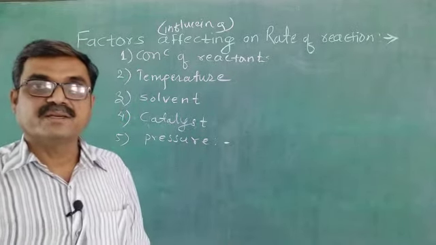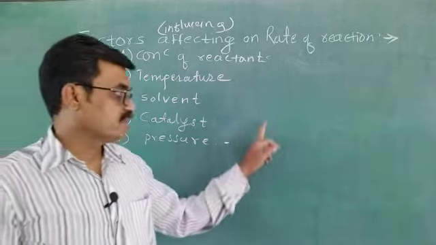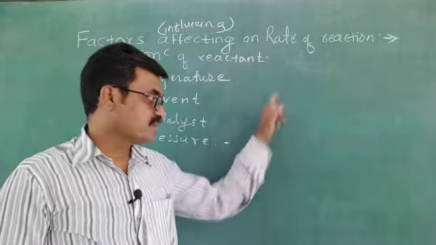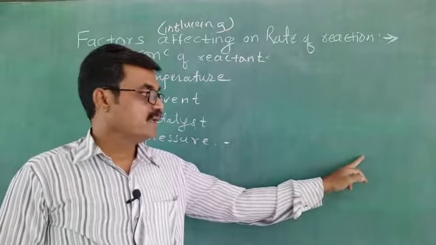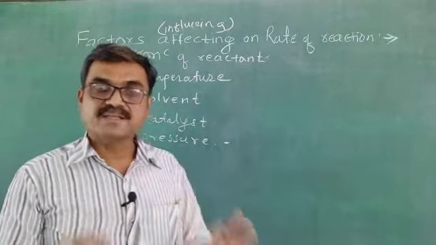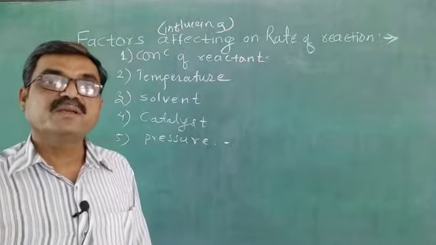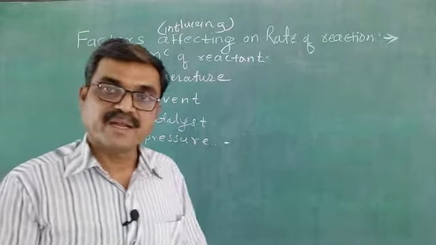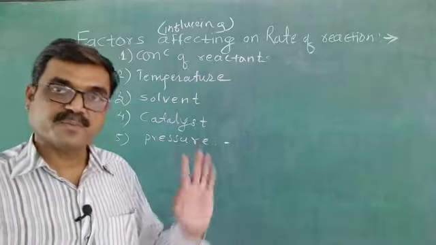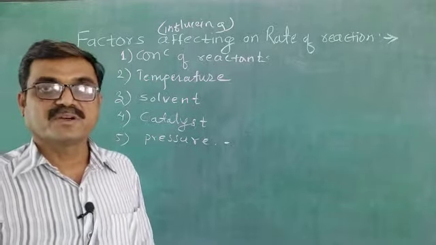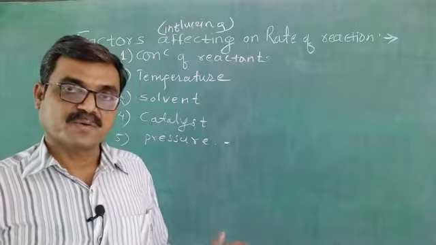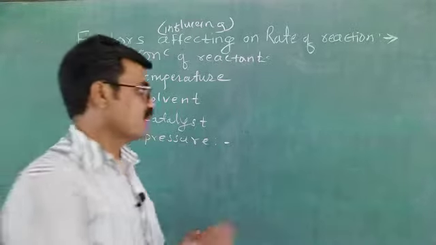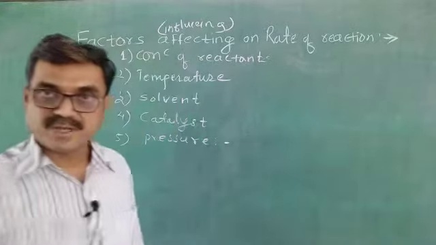We studied graphically, as if we plot concentration versus time, the concentration of the reactant decreases in such a way. Theoretically the reaction is not complete, but practically it is assumed that after some time the rate of reaction may slow down and the reaction is complete. And the reverse case for the product: initially the concentration of product is 0. As the time increases, the concentration of product increases. That's why in this way such a curve is obtained for product.